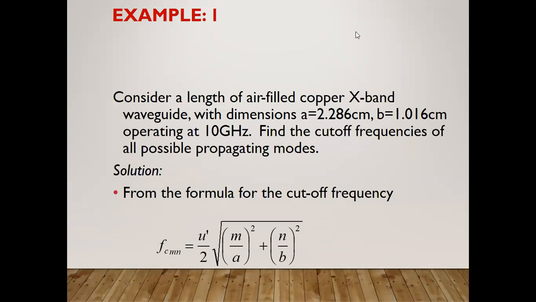Similarly, this is one example in which it is clearly mentioned how the parameters are given and how you can calculate the value. If the parameters are given, such as which medium is used and the dimensions are mentioned. Yesterday we saw where is my a, where is my b. Accordingly the dimensions are mentioned at a particular frequency, which is the operating frequency.